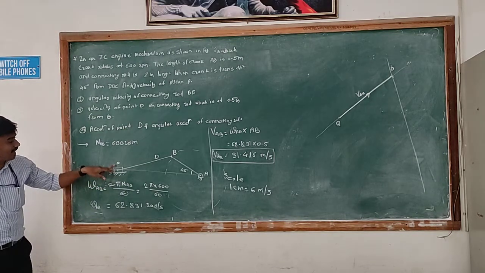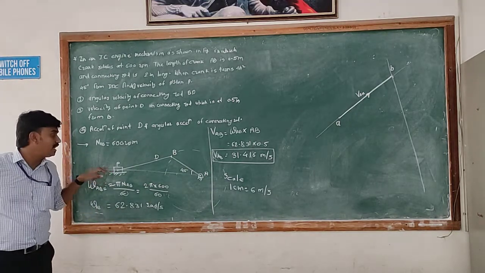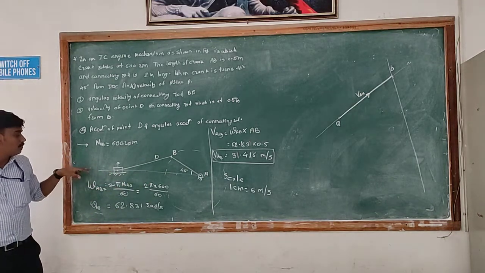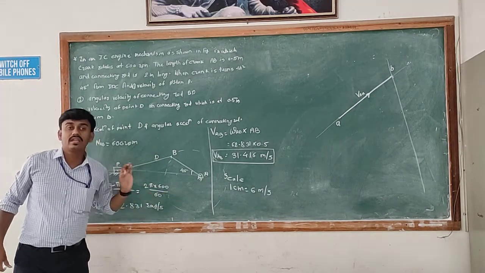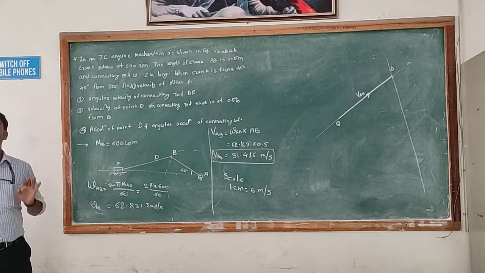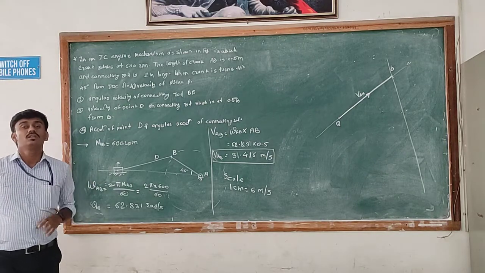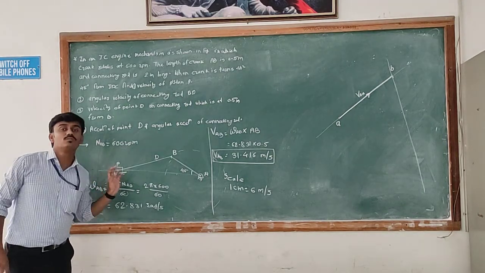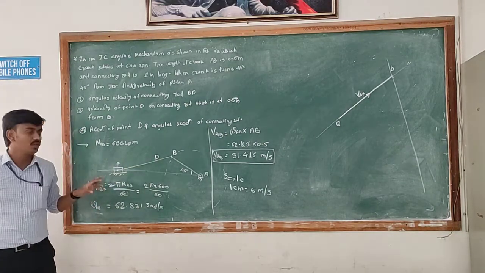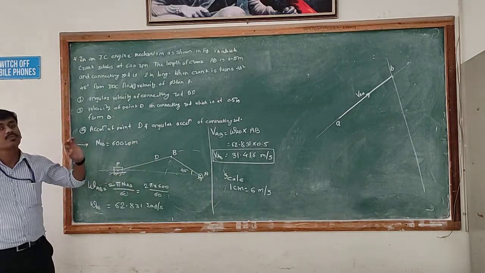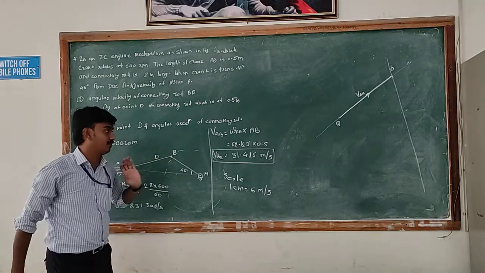Here this slider P moves along a straight line, which means its velocity vector lies on this line. In the case of a slider, always remember that the velocity vector is not perpendicular to the motion of the slider. The velocity vector is along the movement of the slider. As the slider moves along this horizontal line or stroke line, the velocity vector of the slider should lie on this horizontal line.